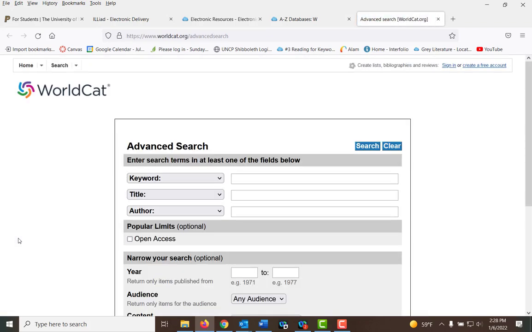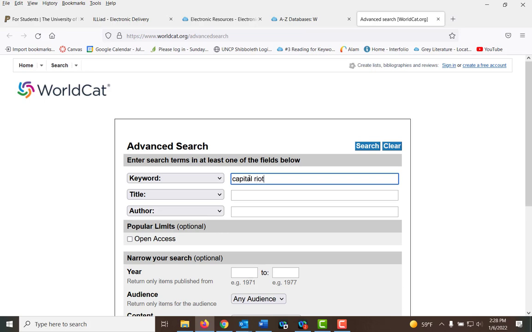And again, you see the way you can search. If you're searching for books on a topic, you can put in your topic. If you know a title or author, you can limit it down by that. Let's say I am looking for Capitol riots.